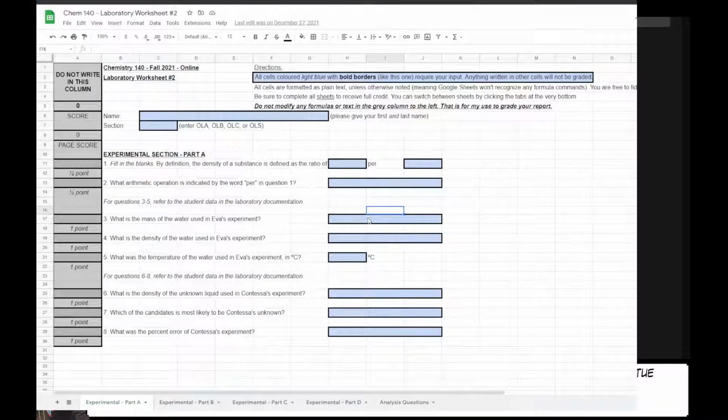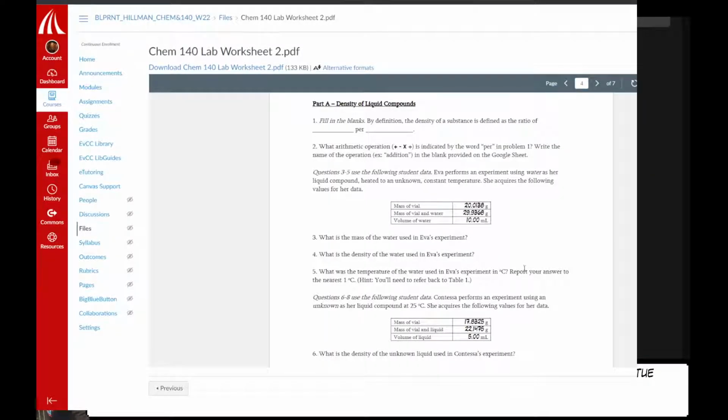Before I give you some, here's the water that we're going to be looking at in part A. That's the wrong thing. So here's our data. I have a vial plus water. I have a volume of water. And from that information, you have to figure out the density. So how do you figure out the density of anything with a container? Well,